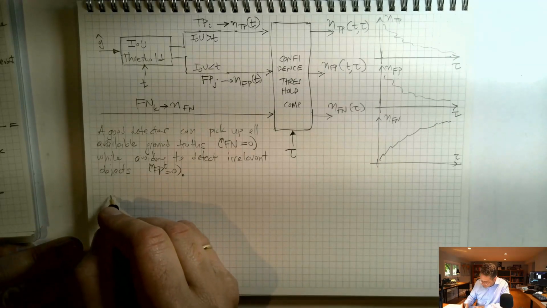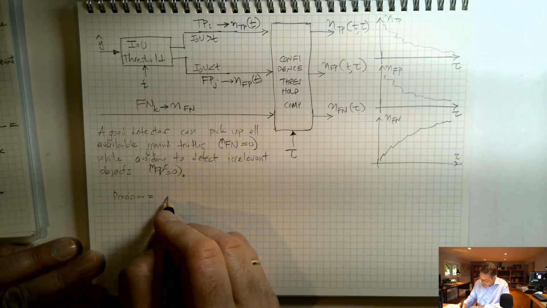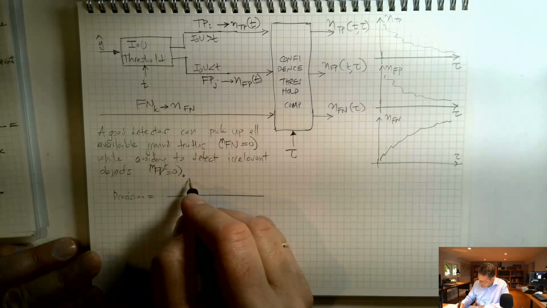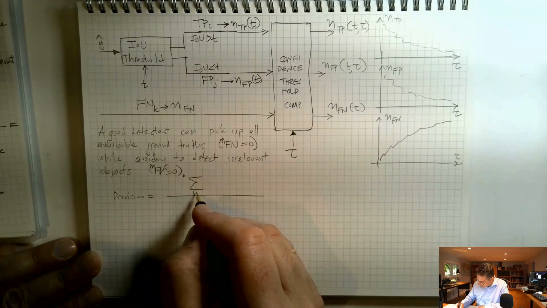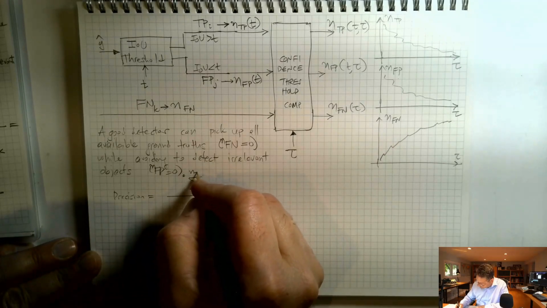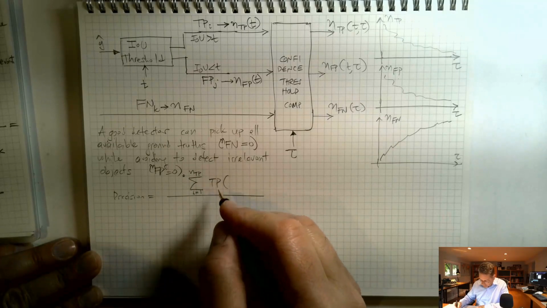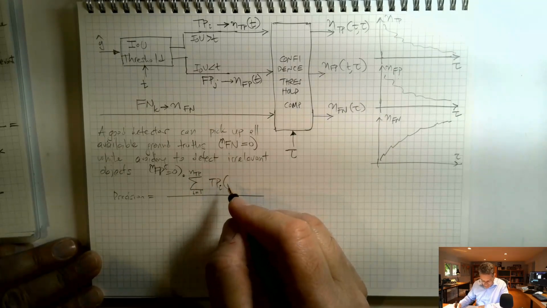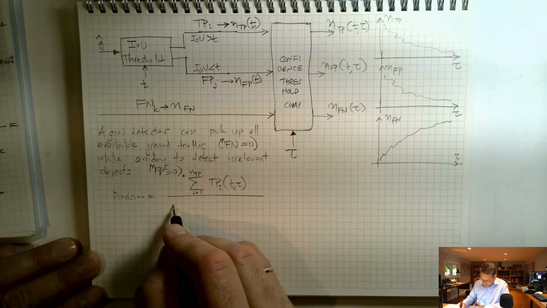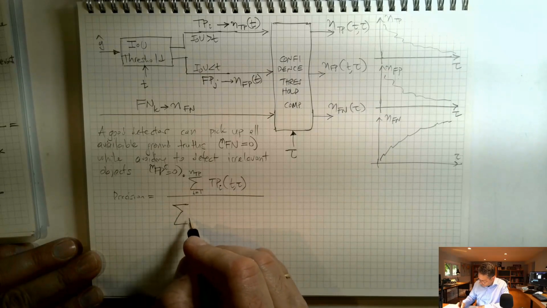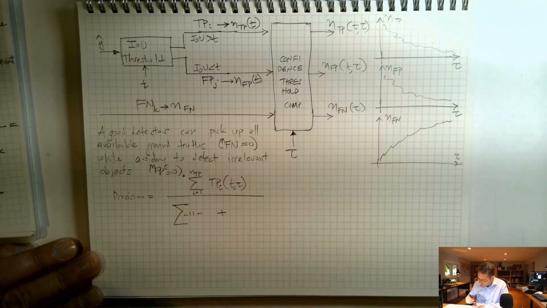So I can write here the precision as the ratio of all the events that have been classified as true positives, so the true positive of i, which is itself affected by T and tau, and summation. I'm not going to write this thing because it's identical, plus